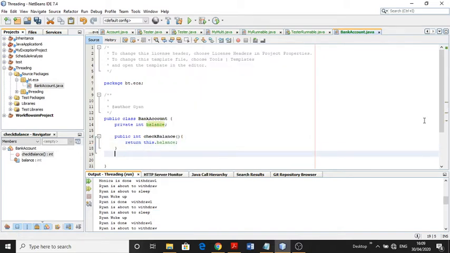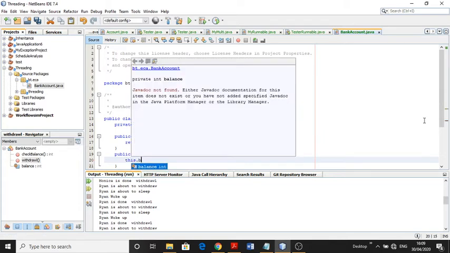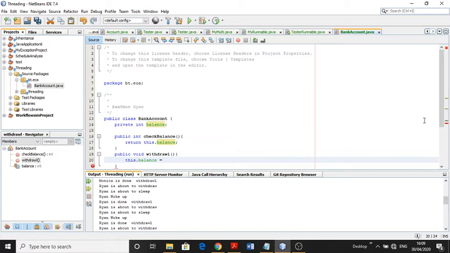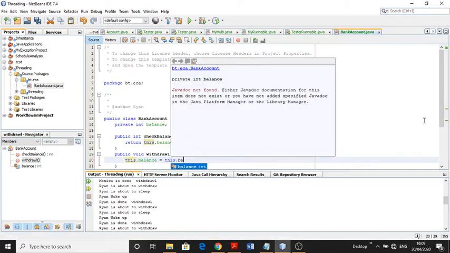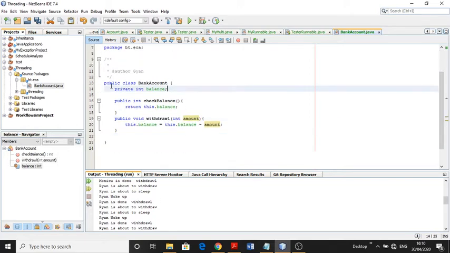Another method is public void withdrawal. This withdrawal method just updates this.balance equal to this.balance minus whatever amount you want to withdraw, passed as the parameter integer amount.